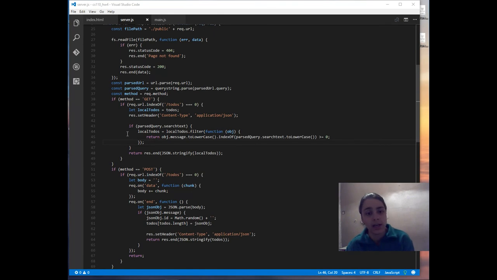Now I check if parsedQuery.searchText exists, which means that my parsed query is an object, and I want to know if in my object I have a searchText. If I have, then I want to filter my localTodos